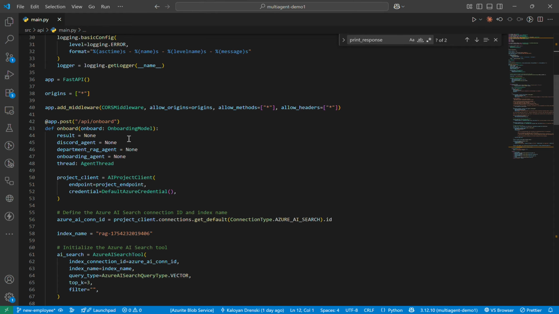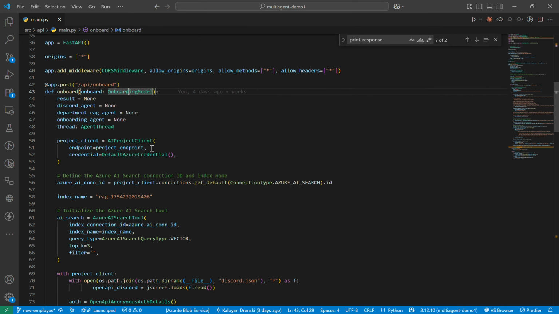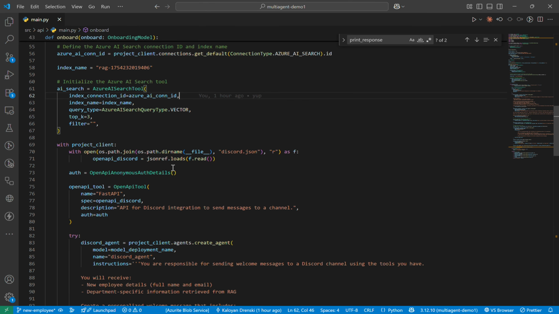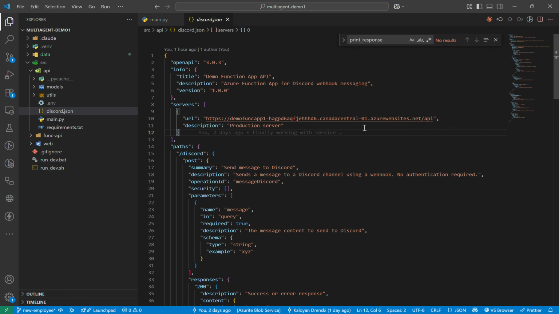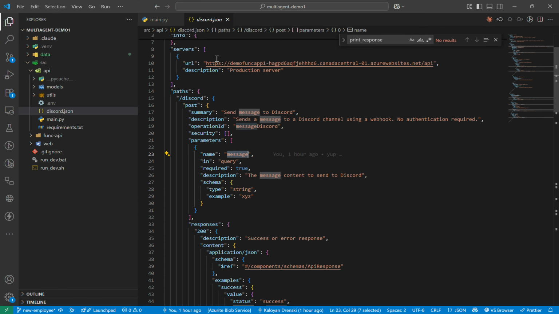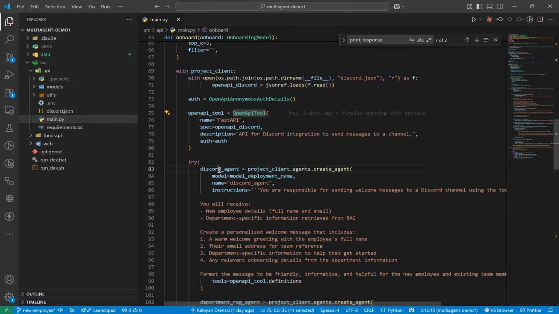Now, let's quickly take a look. We have one endpoint that we call from our web app, which is API onboard. We provision the AI project client. We provision the Azure AI Search tool. And now we get the Discord JSON, which is the OpenAPI spec of the function app, which has the endpoint and the query parameter that needs to be called. We create the OpenAPI tool,